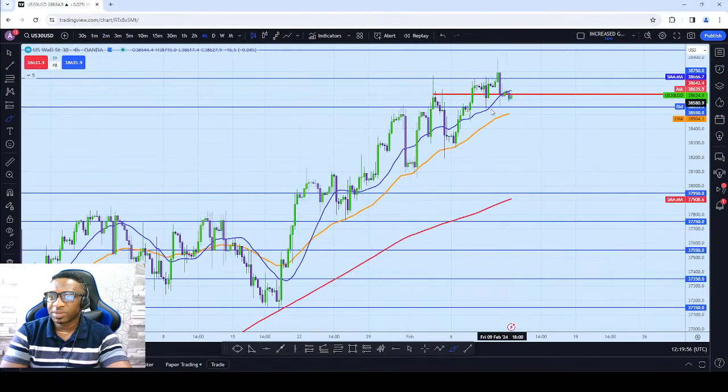The direction, as we can see, this is the 4-hour time frame. You can see the clear upward move. So this was a pullback to the 200 moving average. So at this point, at this high,